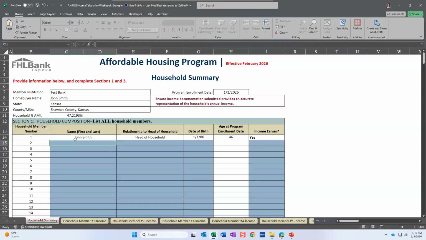It's because it's looking at this household size. It knows what county I'm in, and it's able to compare the income entered to that specific county and household size. So please make sure you list everybody here so we use the correct income limits. But again, the income itself, when we're talking about the actual dollars, we're only going to include the income of adults. So please make sure that you're filling out a tab for each income earning adult.